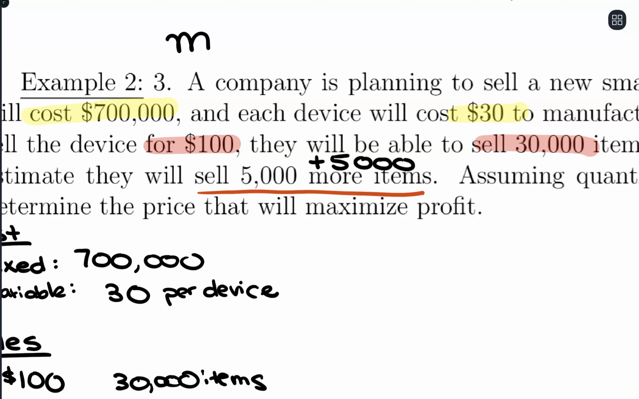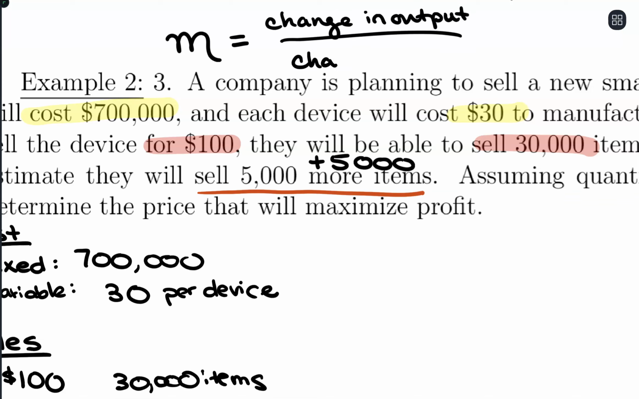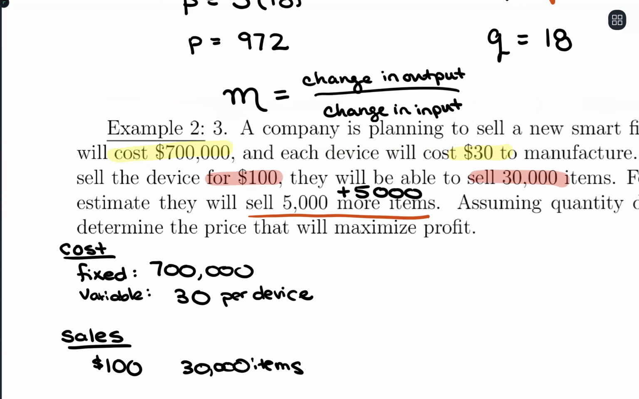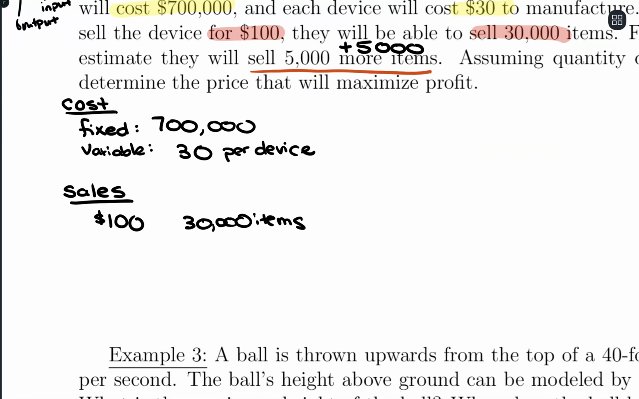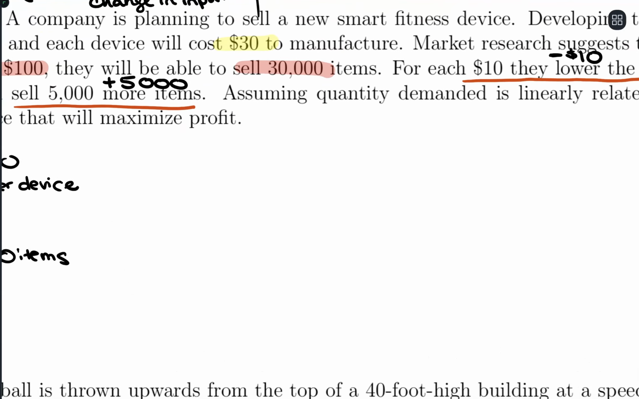So with slope is the change in output over change in input. So what we're seeing here is where we're working with these functions that are P of Q, where Q is the input and P is the output. Then for sales, what we're seeing is a relationship with slope where the change in output, so change in price,